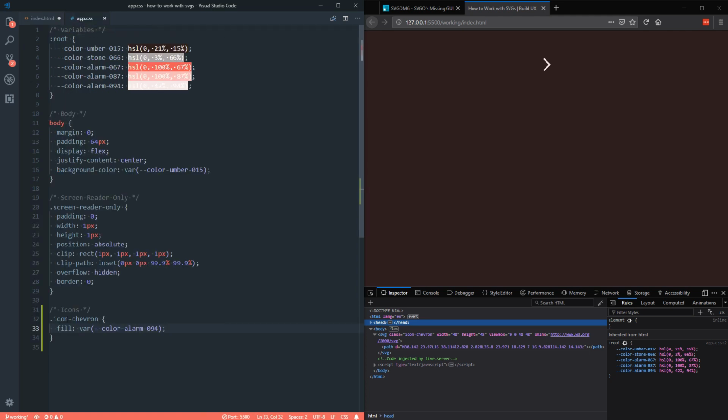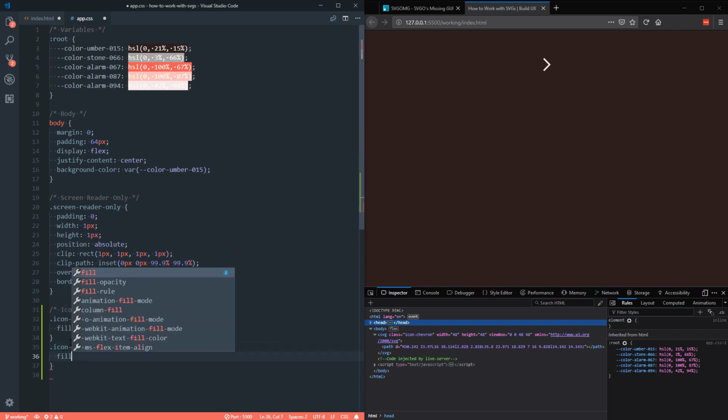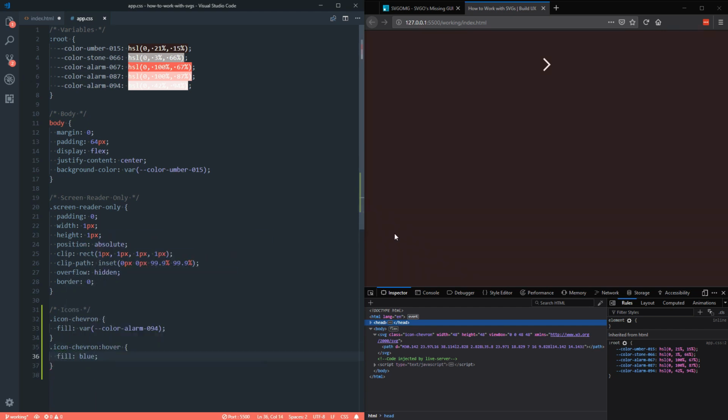A cool thing about having a class name applied to it directly is, let's say that this was inside of a button, we can also add styles for different interactions as well. So we could say that on hover, just as an illustration of this, the fill goes to blue. So if we give this a save, you can see that looks horrible, but it just demonstrates